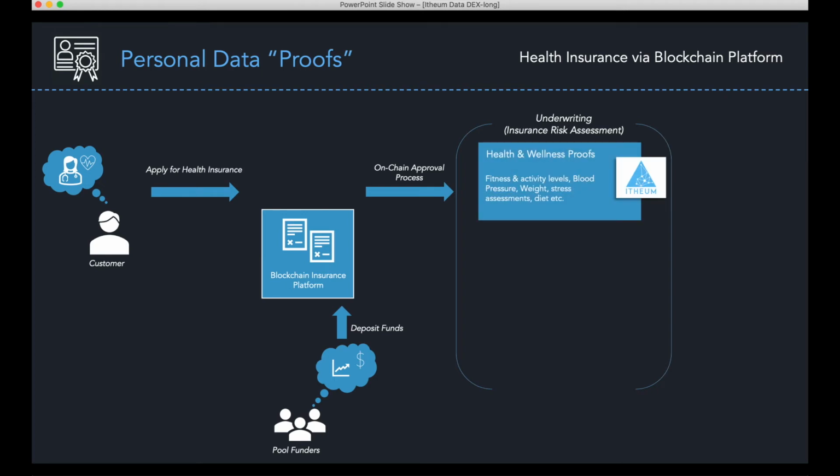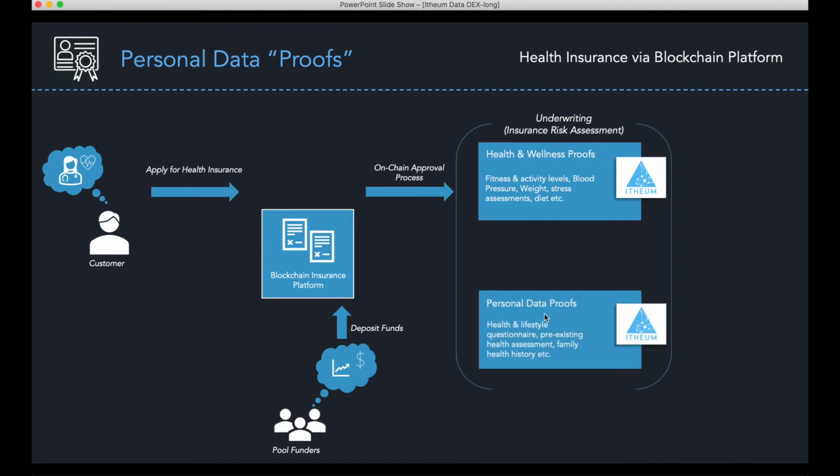In this case, we could then get health and wellness proofs of this customer. This could be done very seamlessly through Itheum, which enables the building of these kinds of data collection platforms. So we can get the customer's fitness and activity levels, for example, their blood pressure, their weight, their stress assessments, their diets, and we categorize this as health and wellness proofs. And then we can build more data collection programs on Itheum to find out more about this person, like the health and wellness questionnaire, any pre-existing health assessments,